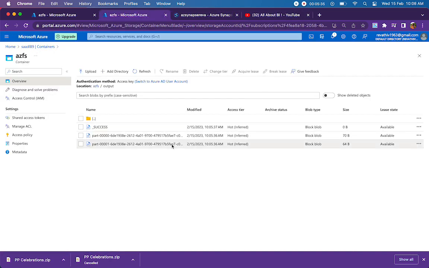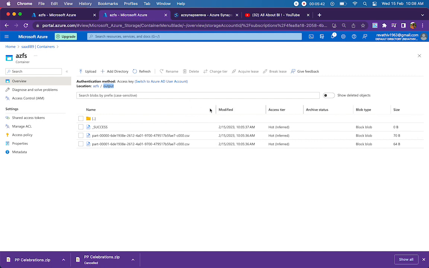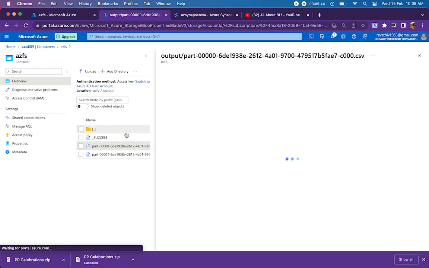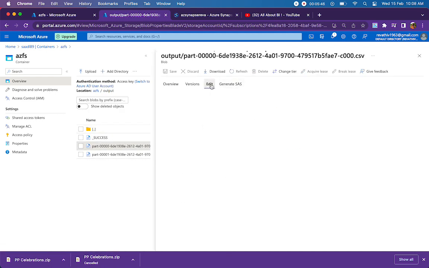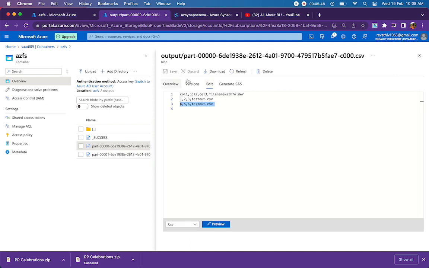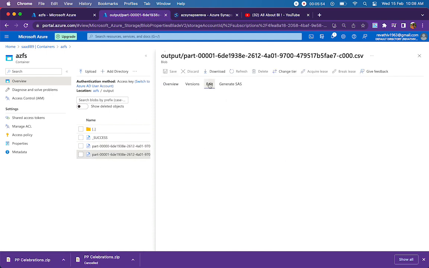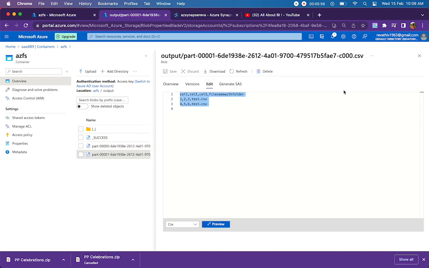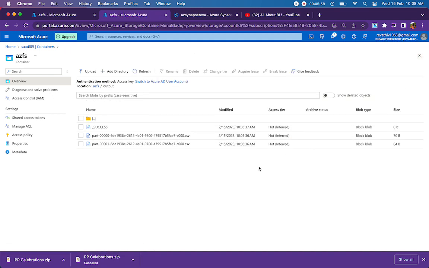Data flow has executed and it has created 2 files in the output folder, but the name of the file is the default name given by data flow. Let us see the data now. If you see, along with the other columns, we have file name with folder, and here you can see test.csv. So this is how we can easily add the file name at the end of each row in each file,